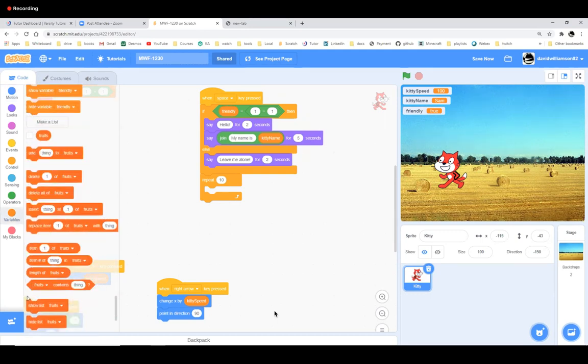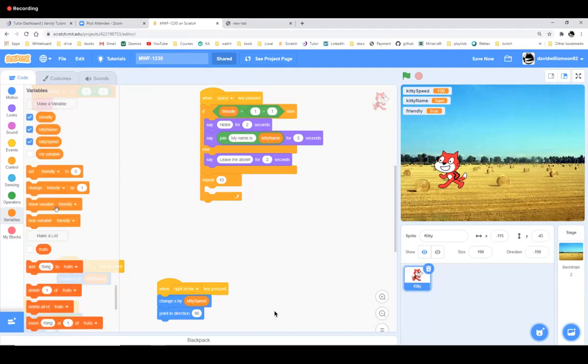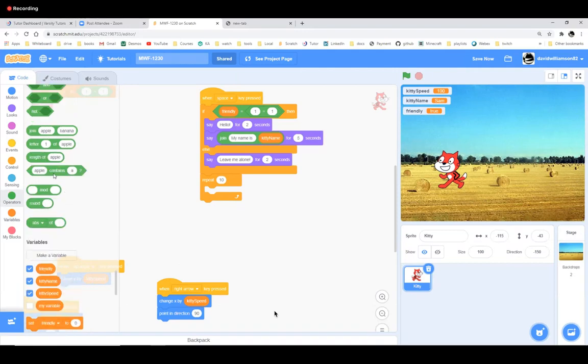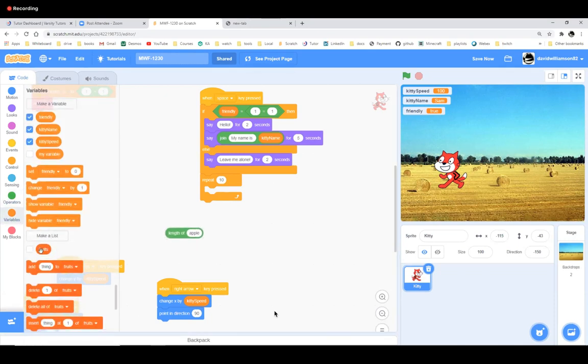So I'm going to go into my list. Remember when I said you could add more fruit to the list and we would still account for that? This is how that happens, okay? I'm going to get the length. In the operators, there is the string operator of length. If I ask for the length of my list, the green string version of the length, then it's going to give me 29. But I don't want 29.